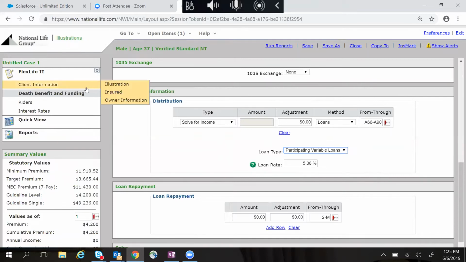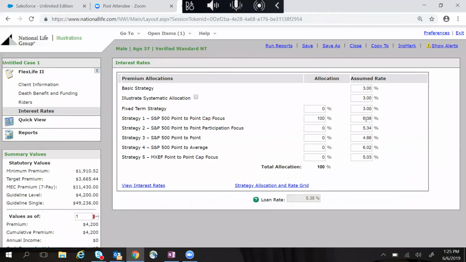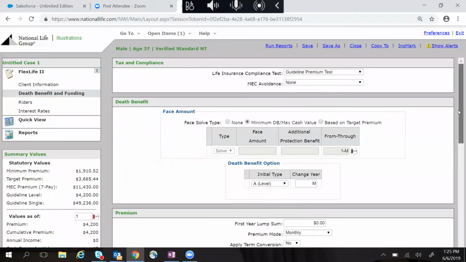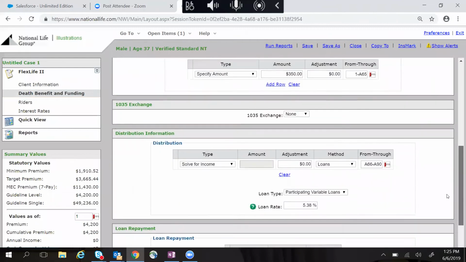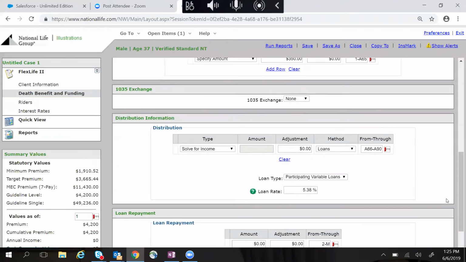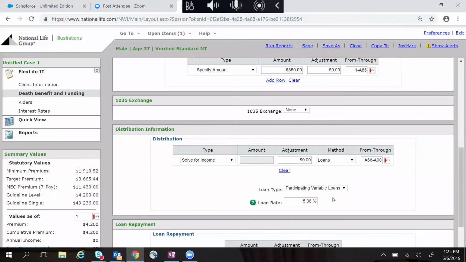And I know that that sounds kind of complicated, but really what it's just saying is currently our interest rate is 6.38% for our point-to-point cap focus. So we cannot show a variable loan rate at any less than the 5.38% because that's a 1% difference. So we're going to go ahead and I will change it back